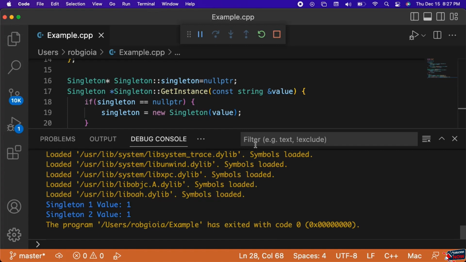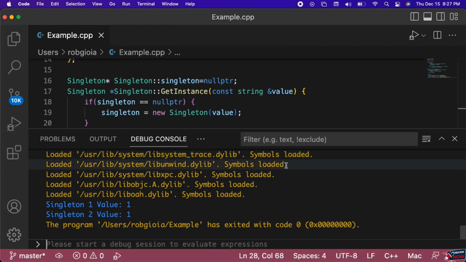proving that our code correctly implemented the singleton design pattern. We use the singleton design pattern when we should only have one instance of an object available to all clients in the code. For example, one single database that is accessed by different parts of the program. We can also use the singleton pattern when we need to have stricter control over the global variables in our